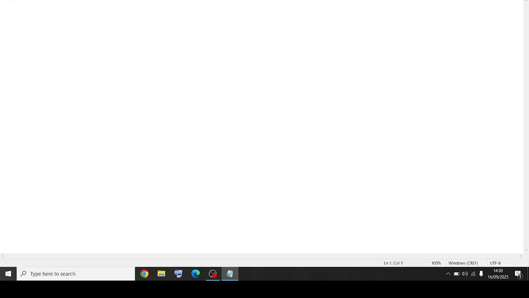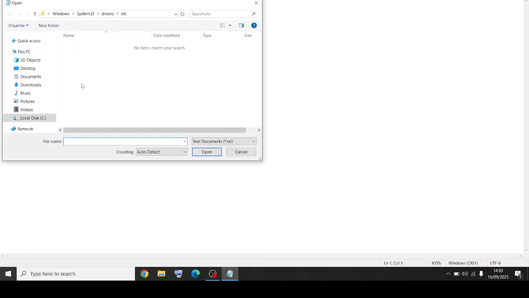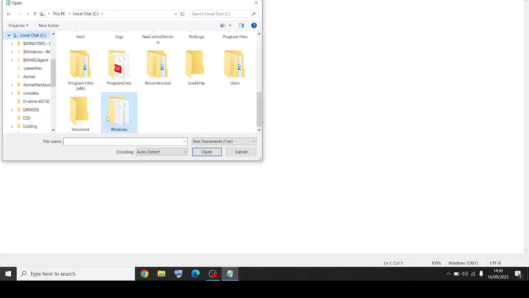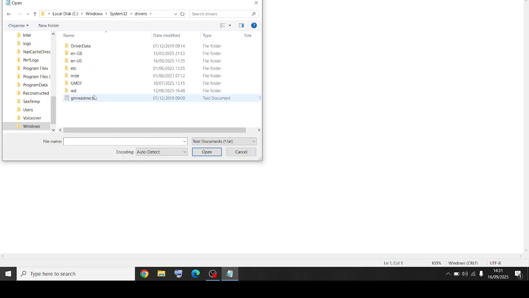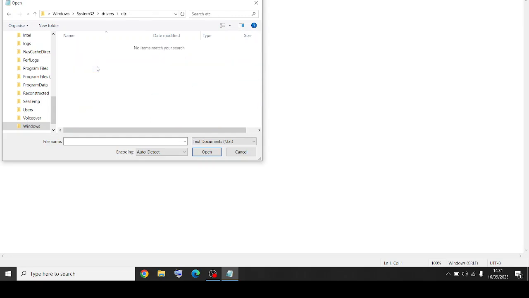open up your Notepad, then go to File, Open, Local Disk, Windows, System32. There you go, System32. Then find drivers, etc. All files. It's the host file you want, but I was going to show you that